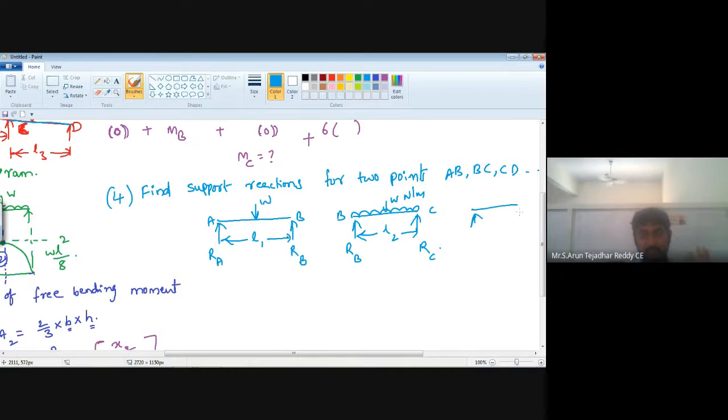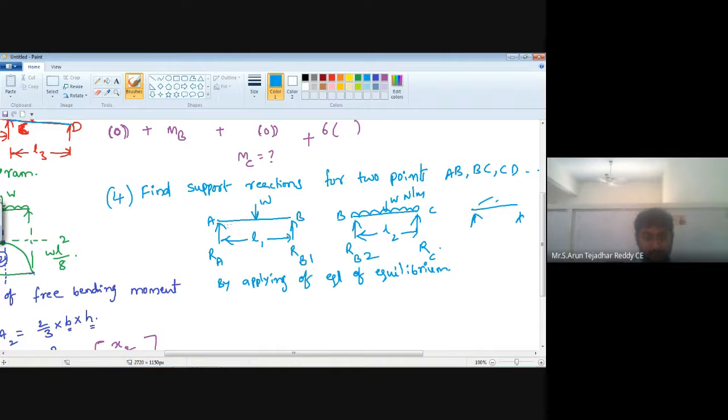Next diagram, leave it, the last diagram. First focus on only two diagrams. See, here we have two RBs. So give the names RB1 and RB2. Now how to find the support reactions here? Already you know, by applying the equations of equilibrium. So this is the condition to calculate support reactions.